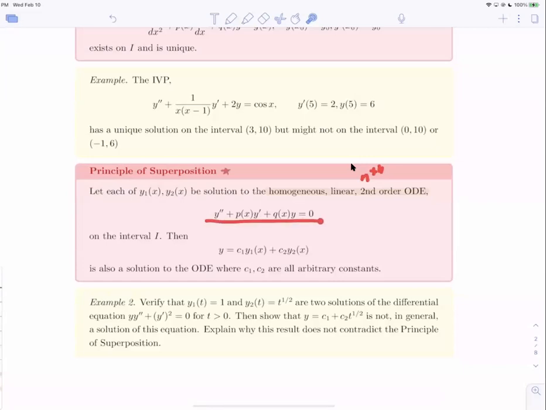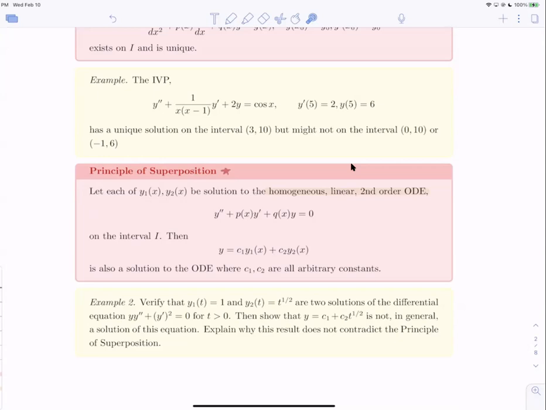Those two terms are really important: homogeneous and linear. Then on the interval I, y equals c1y1 plus c2y2 is also a solution,